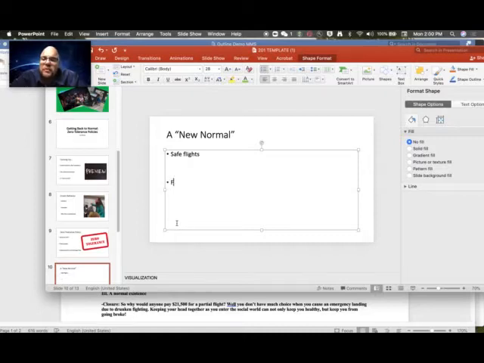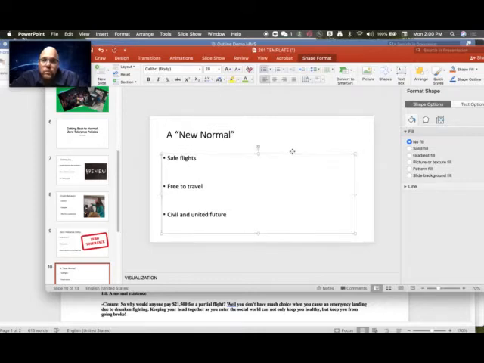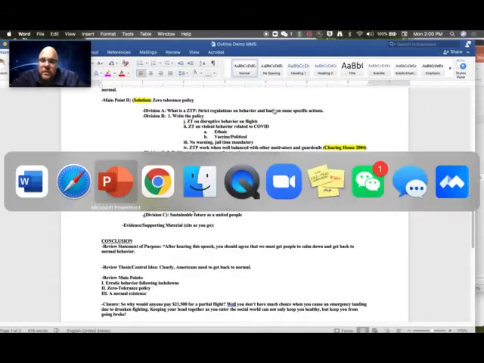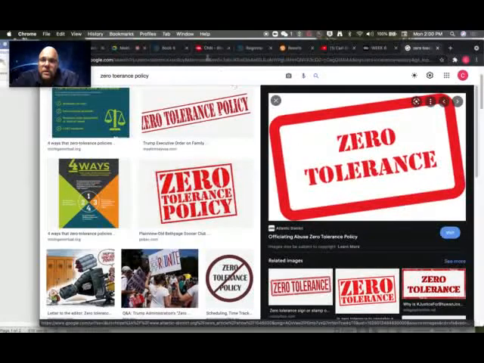Let's, instead of seeing friends, let's say free travel. Free to travel. Civil, let's call it civil and united future. Okay. Boy, lots of possibilities on pictures for that. So let's just go with